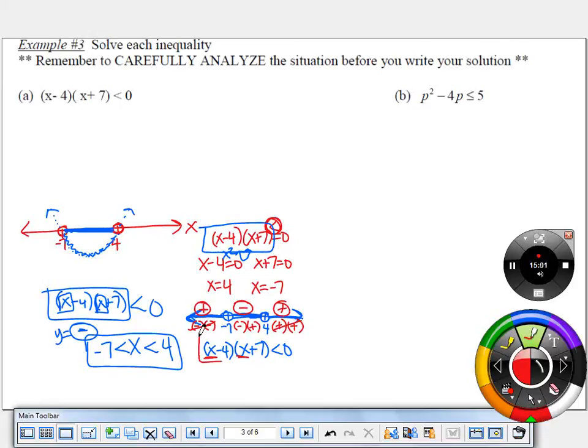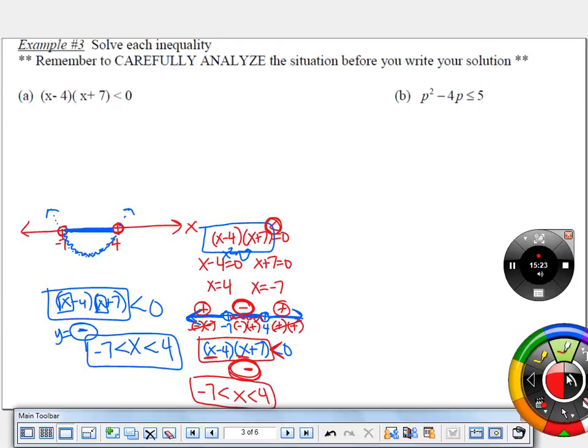But remember, I wanted this result, this multiplication problem, to turn out to be less than 0, meaning I want to know where it was negative. Notice it was negative right here. That was the section between -7 and 4. So again, x would be between -7 and 4. Okay. Sorry, I think I keep saying -4 and 7 when I'm saying it fast. All right, so we're going to use that method each time we look at one of these problems. So the next one,